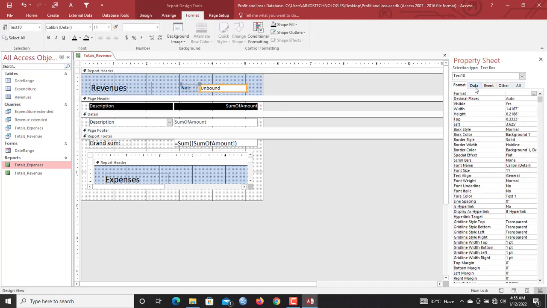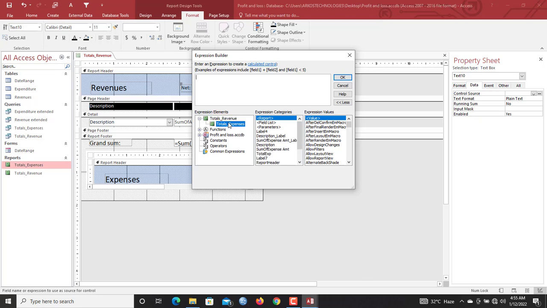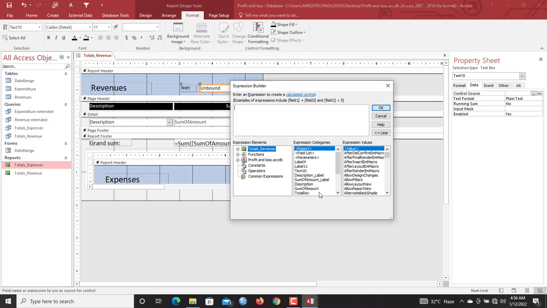So here you click in here, you go to data. Now you select total revenue. So you open the total revenue report. Now here, total, so this one is total expenses. Let's open total revenue first. So the total revenue is a field that contains the sum of the revenue. So you double click. So total revenue minus,